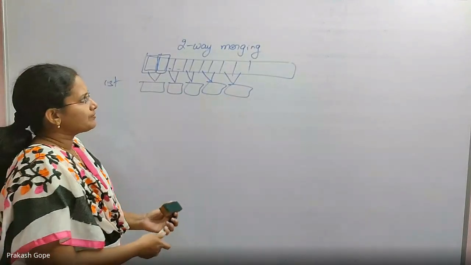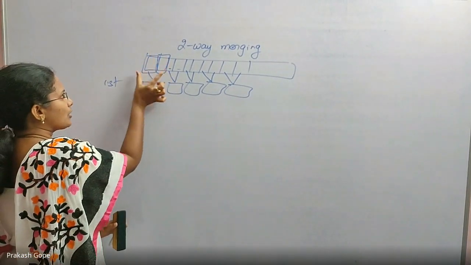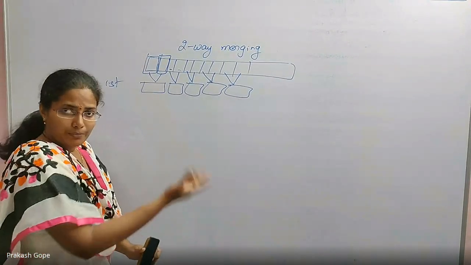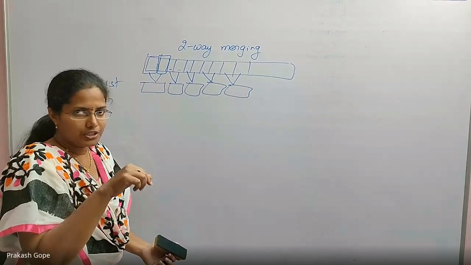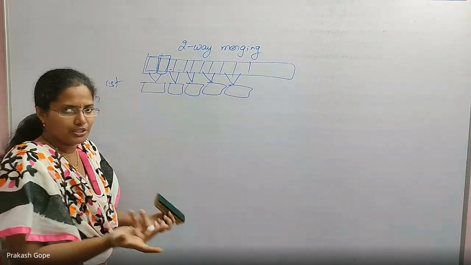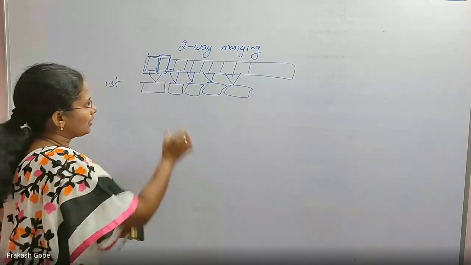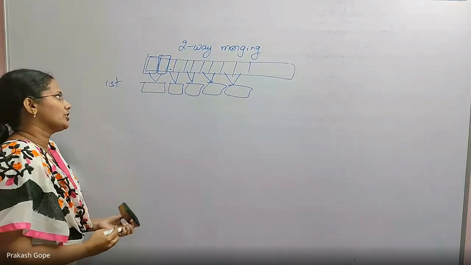But in two-way merging, we consider this one is a sorted array, this one is a sorted array. So I merge them into a sorted array. In yesterday's algorithm also, there is no time for division. Time taken for division is 0. So even today there is no division. The side by side elements are merged. Yes, that will take time, like yesterday. Okay, even these two merge. So this is first iteration result.